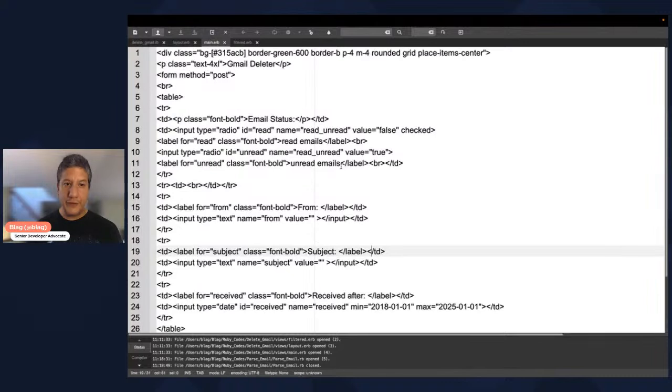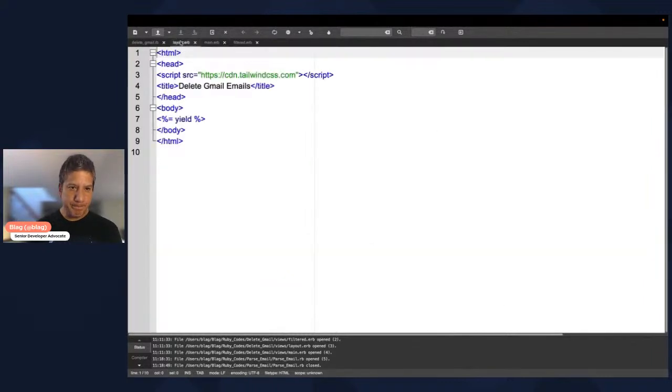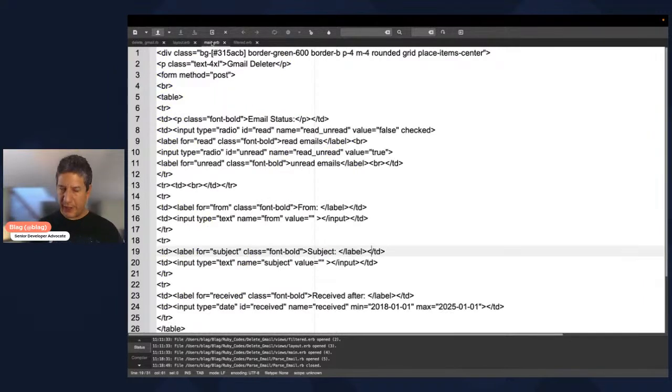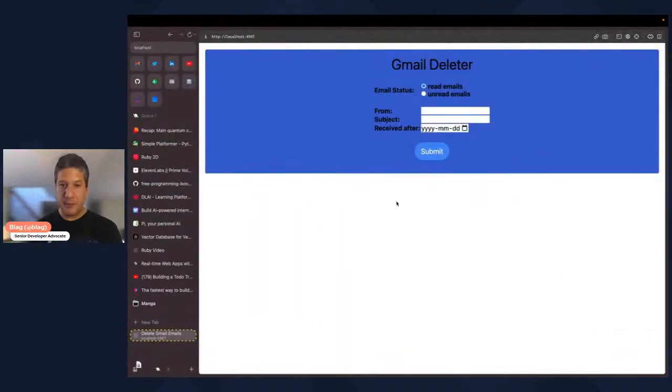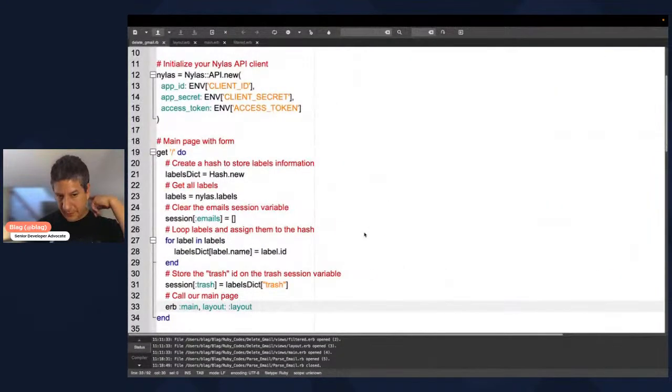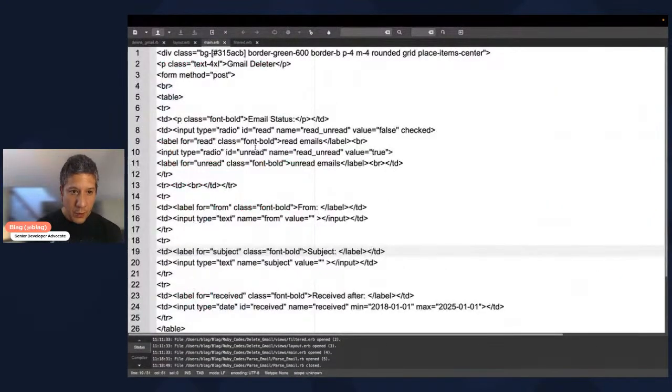And you can see that, as always, we're using Tailwind CSS. So we're going to have a layout that is going to allow us to just get that Tailwind. And then here we just have to define the body. So all the pages are going to be the same. So once we call this, we're going to have here this main page that we're going to be able to fill with information and press submit. So once we do that,